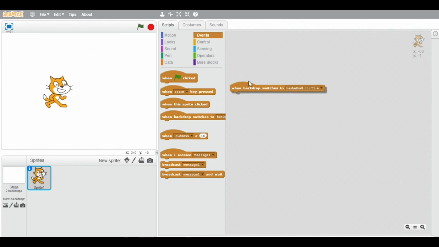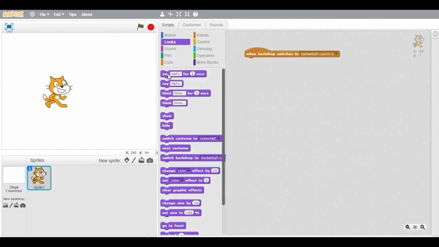When backdrop switches. Now I have selected a backdrop. Backdrop one is a plain white one over here. It is a basketball court 1A which I have selected. When backdrop switches to basketball court 1A, I will put something over here, then change it to 3 seconds. You will understand why I have written this.